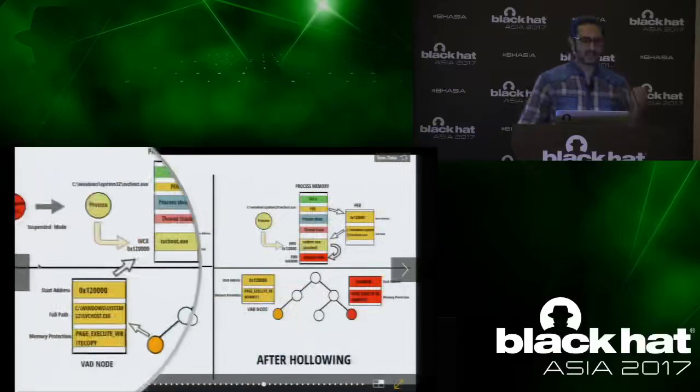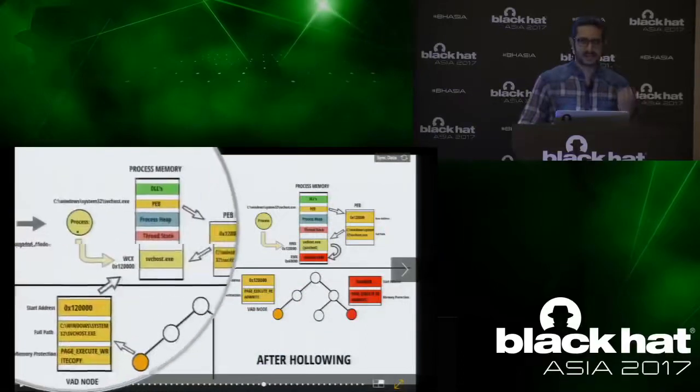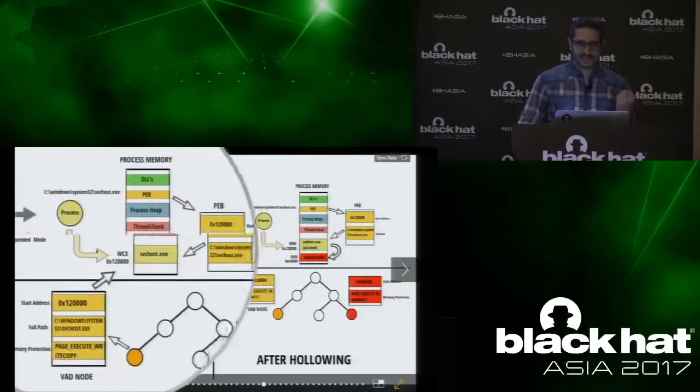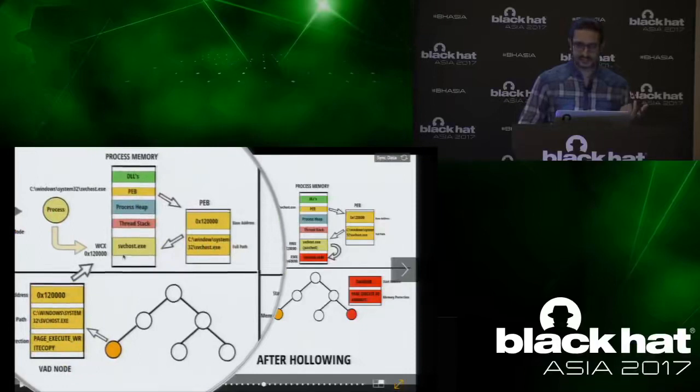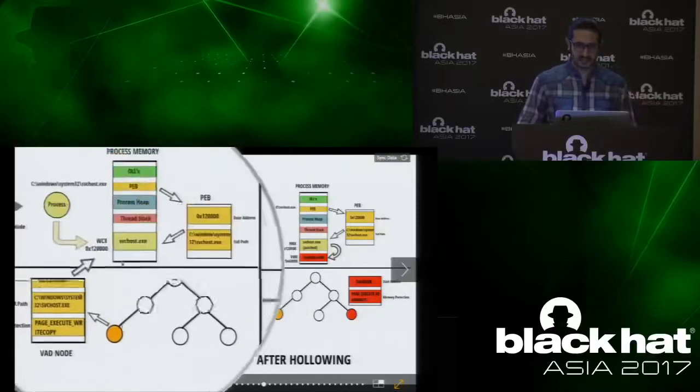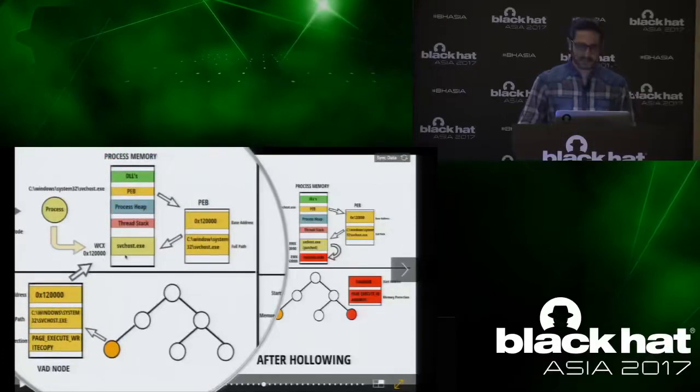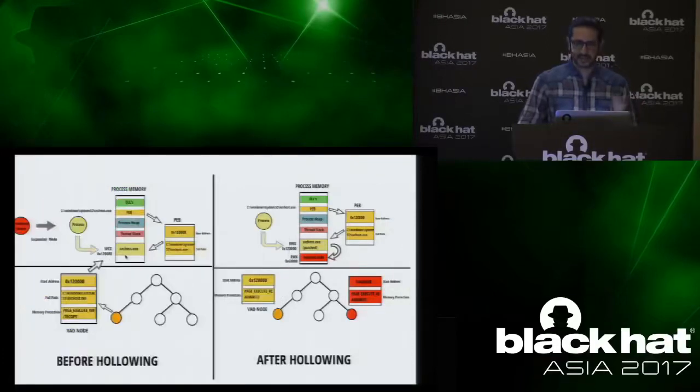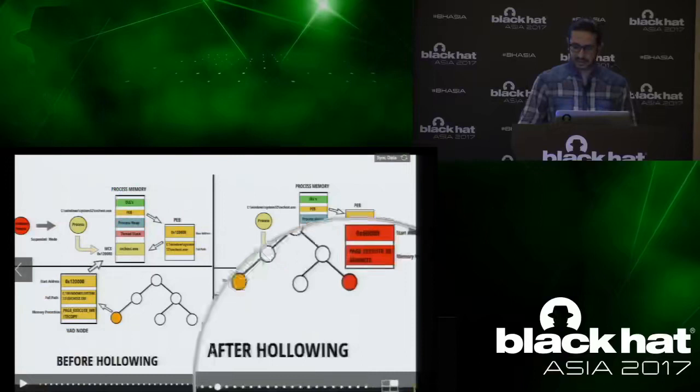So what Kulos did was, it started svchost.exe in the suspended mode. As a result of that, it loaded into this region. The PEB is pointing to that, VAD is pointing to that. VAD is pointing to this section of memory, which is normal. Then what Kulos did was, first,